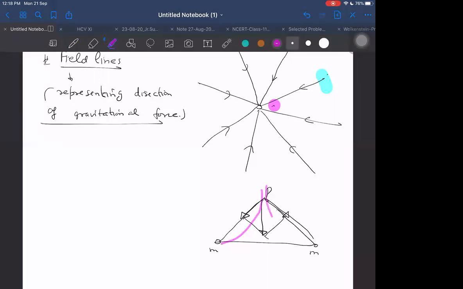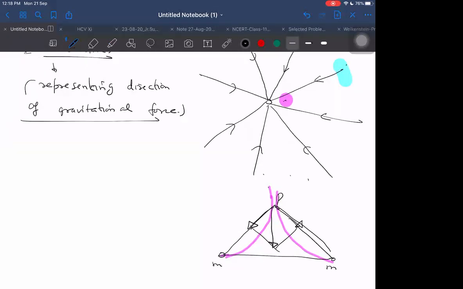This is how the field line will be here. The tangent to the field lines will give us the direction of the field. Or we can do the opposite: we can keep on taking different points and draw tangents. We can draw the net field directions in those places, and after knowing the net field directions, we can effectively get the idea of the field lines.